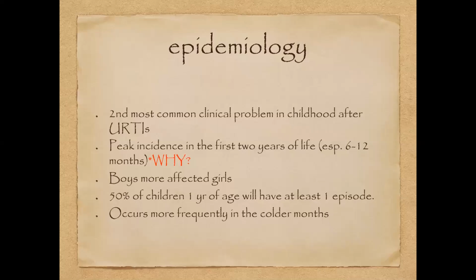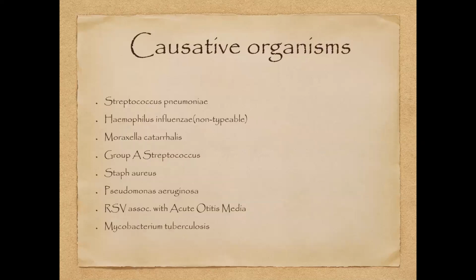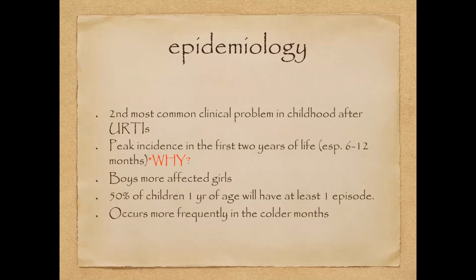It is between 6 months and 12 months. Boys are more affected than girls. 50% of children 1 year of age will have at least one episode, and it occurs more frequently in the colder months. So the reason why we have acute otitis media, we have noticed that sometimes in our setting, children, when they get